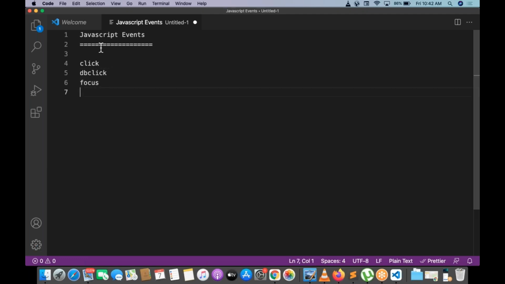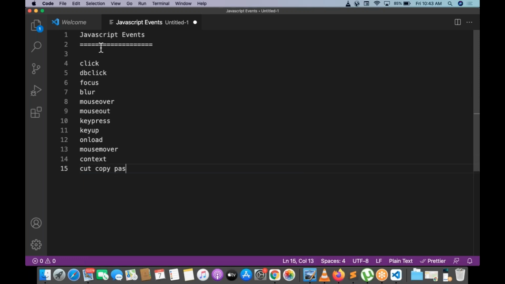One is focus, one is blur, mouse over, mouse out, key press, key up, on load, mouse move, context menu, cut, copy, paste, and there is one more event called the change event. So there are multiple kinds of events available inside JavaScript for each and every element.